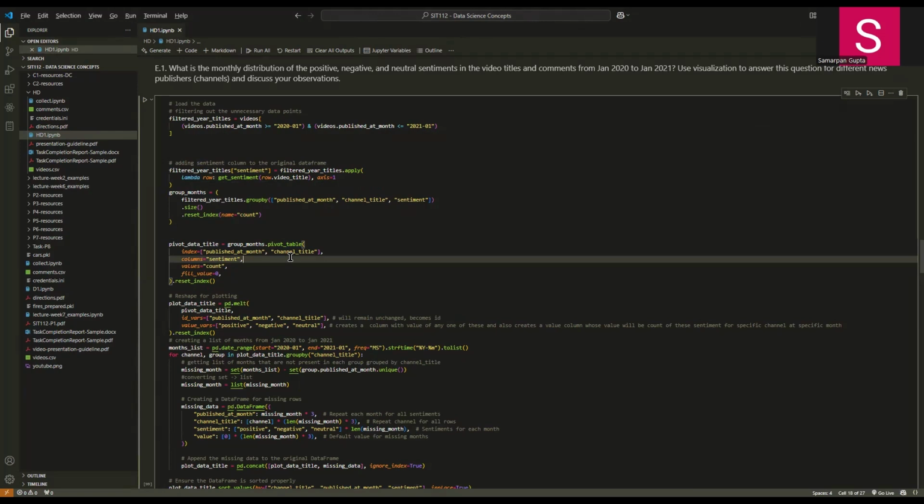The columns parameter grabs the unique values in the column passed as a parameter, which in this case is sentiment, and creates their own column with values passed as values. So whatever the unique values in sentiment are, it creates a separate column for each of those unique values, and the values for those columns will be the count, which is coming from the grouped by data frame.